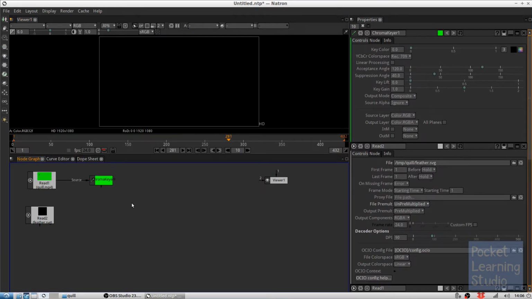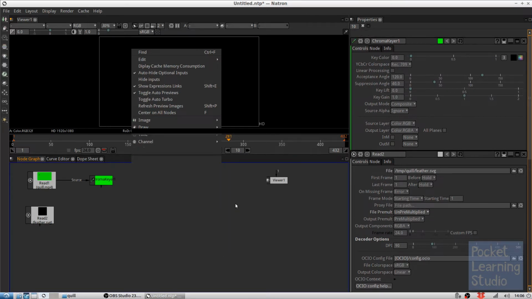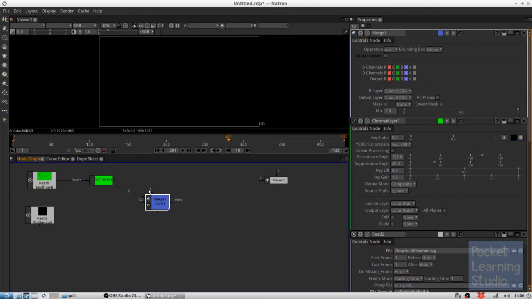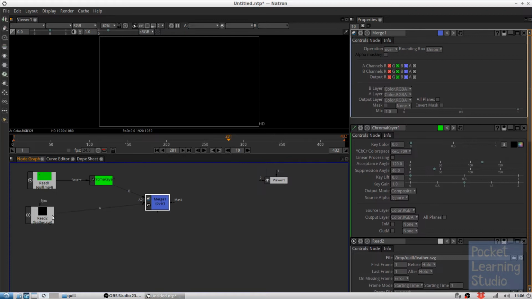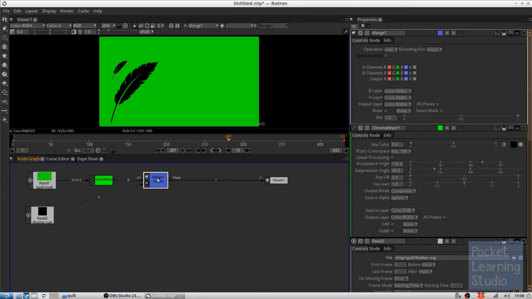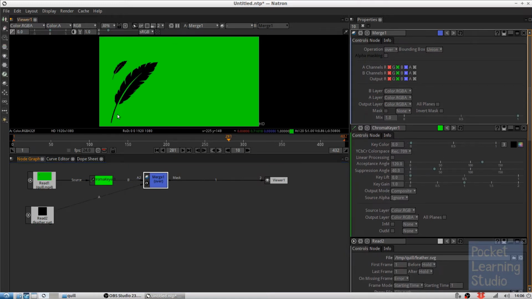So now what we want to do is combine these two nodes, and we do this using a merge node. So the merge node brings these two different sources together. Now you've got an A and a B. The easiest way to remember it is B for background. So we want the background, and then A for above. So now when we connect this to our viewer, we grab that and connect that node up, we can see that we have the background, which is the smaller one, and the larger one is actually the feather